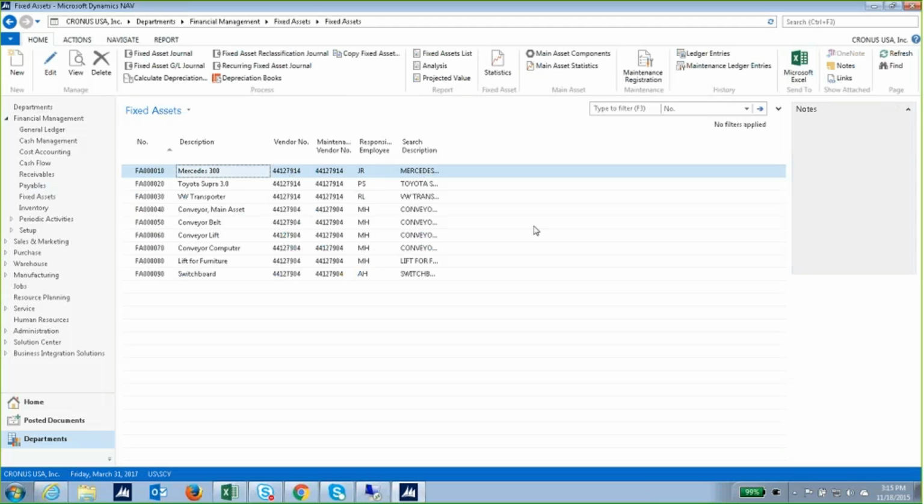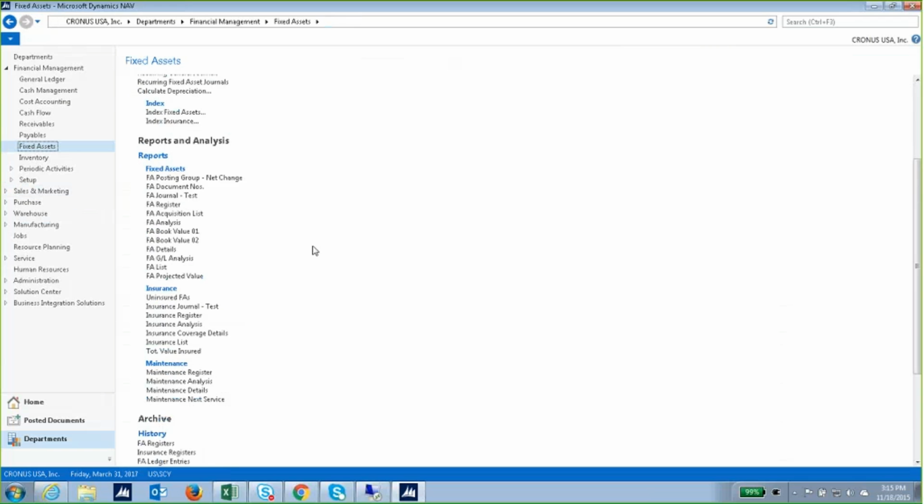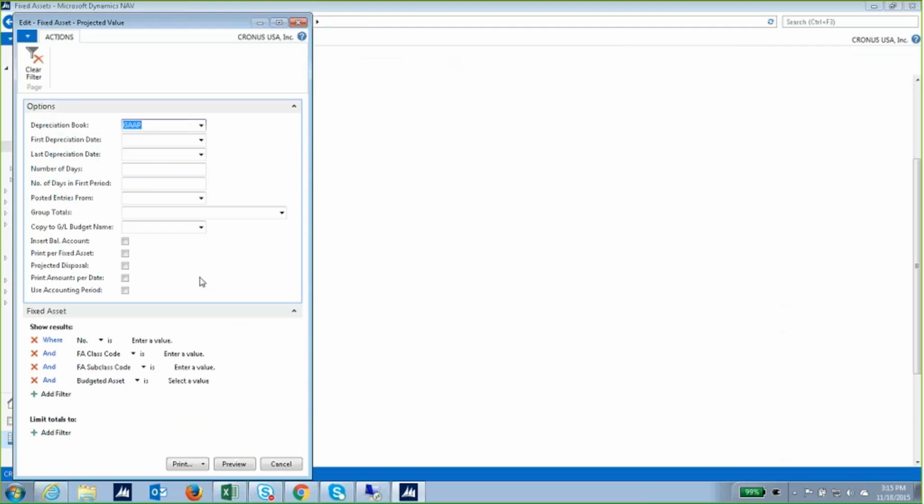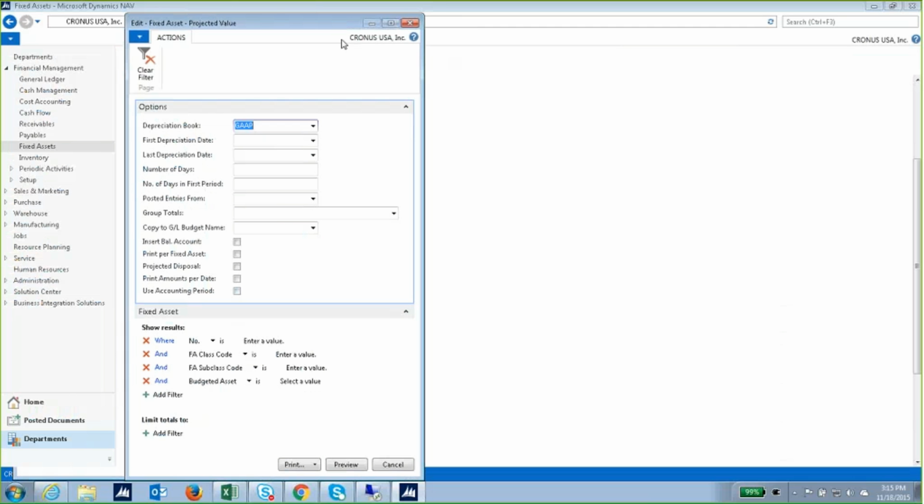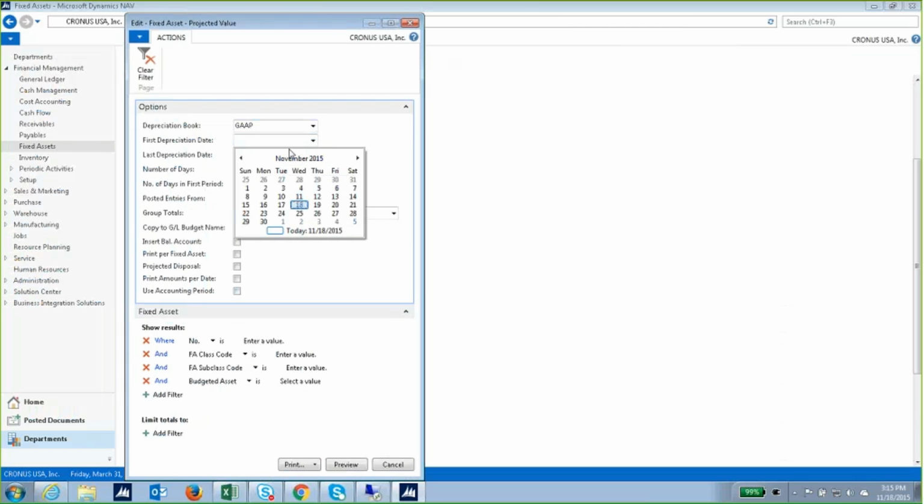Another question, is there a possibility to export all the depreciation amount per fixed asset item per future period to Excel? And you can run projected value. I love this report because to me this is how you determine, you can go in and pick GAAP. If I'm looking at my depreciation from 04/01/17 to 12/31/2020,